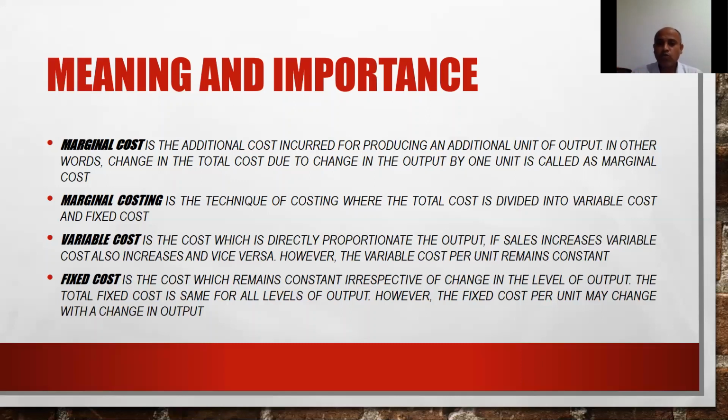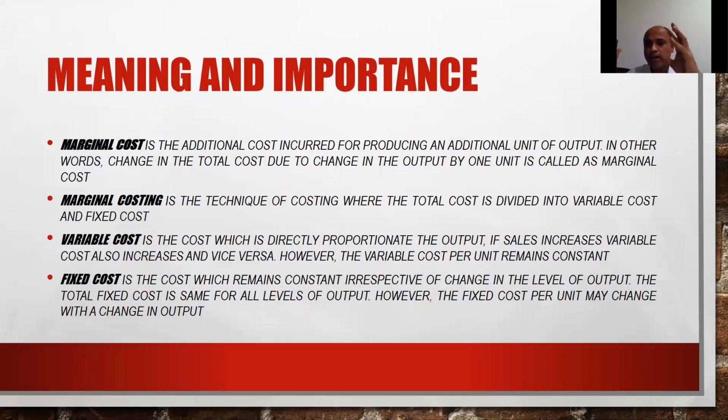Now, let us move to another example. Assume that to make 1 unit, I require 10 rupees of material. Let's assume that I am manufacturing these pens and this pen requires 10 rupees of material, like whatever plastic is used here or whatever steel parts are used in making this pen. Assume that the cost of material for 1 unit, to make 1 unit, I require 10 rupees.